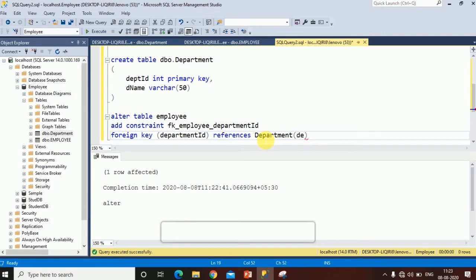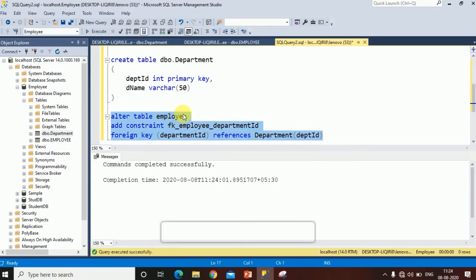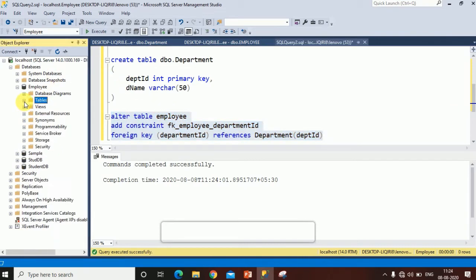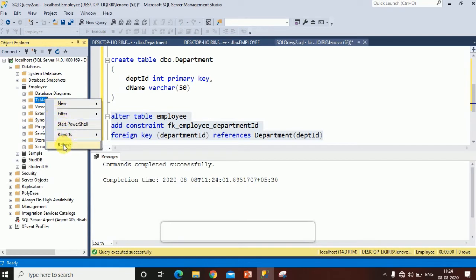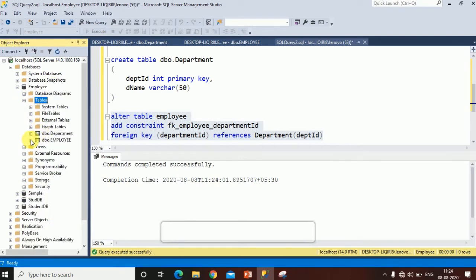The primary column, DeptID from the department table. When we execute this command, the foreign key constraint is created. If you refresh the tables section, go to employees, and click on constraints.